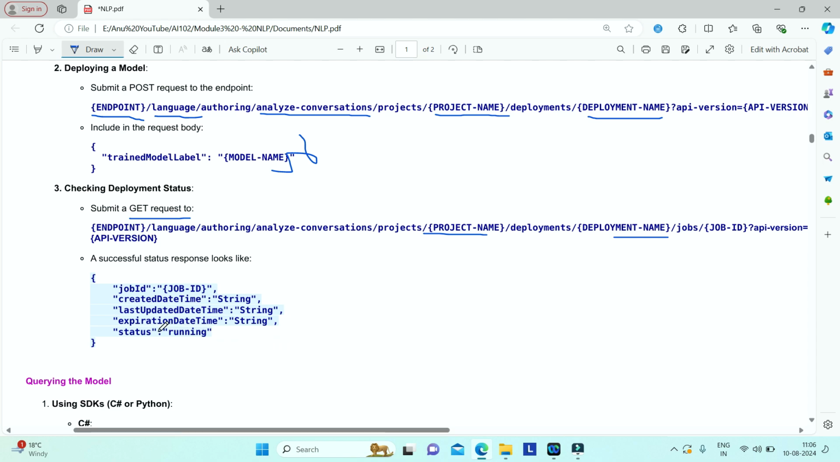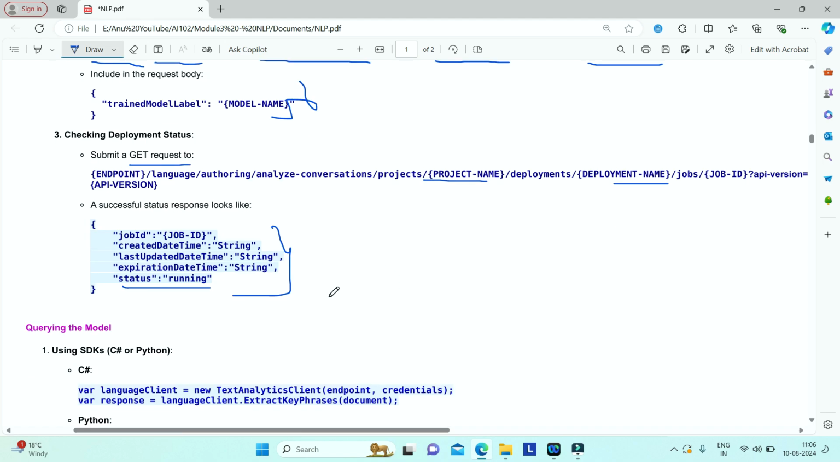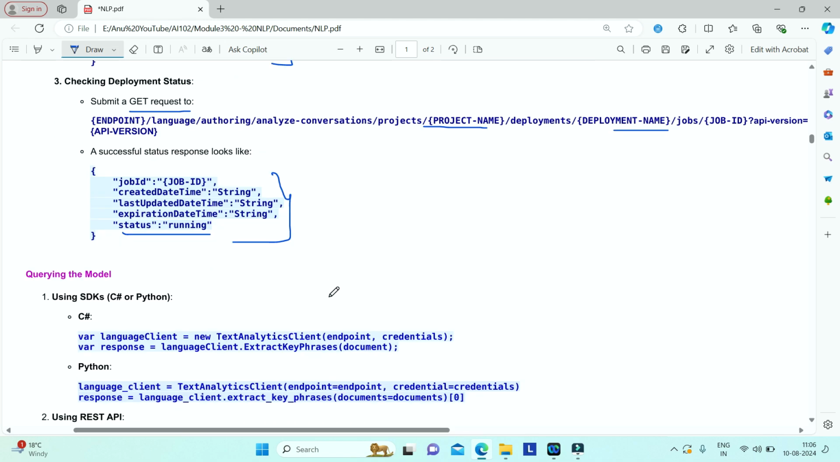You will get your status as running if it is still running. If it is completed, then you will retrieve the status as completed, and you will also get the created date time, last updated date time, and expiration date time of your job ID. This is just to understand how you can call your REST API. Once your model has been deployed successfully,